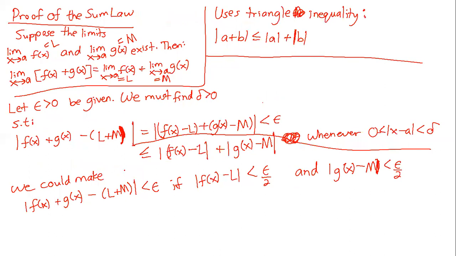So we get that these parts are both less than epsilon over 2. So their sum is less than epsilon over 2 plus epsilon over 2, which is equal to epsilon. Oh, sorry, I should have made this a strict inequality because both of these are strictly less than epsilon over 2. So now we have demonstrated that the absolute value of f of x plus g of x minus L plus M is less than epsilon